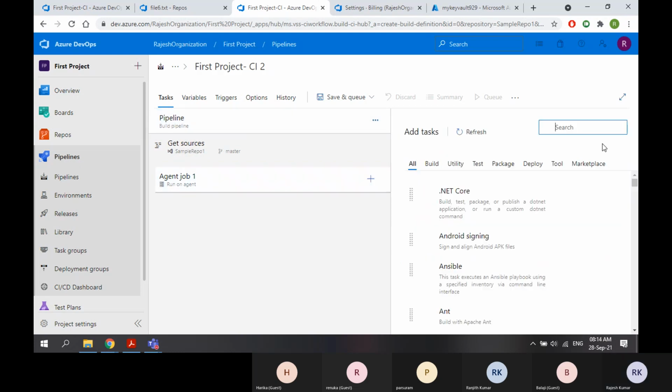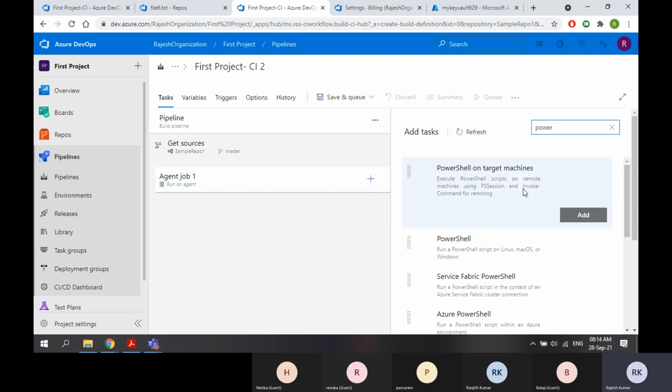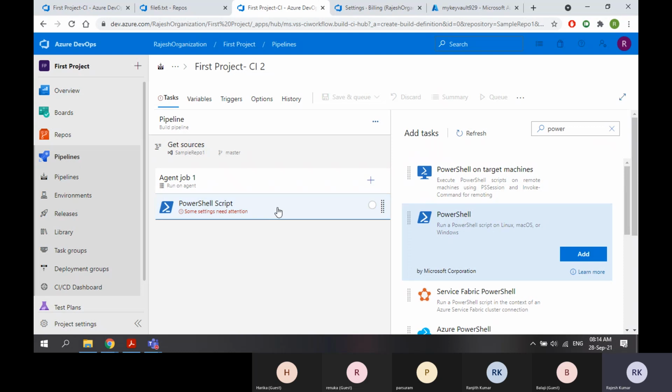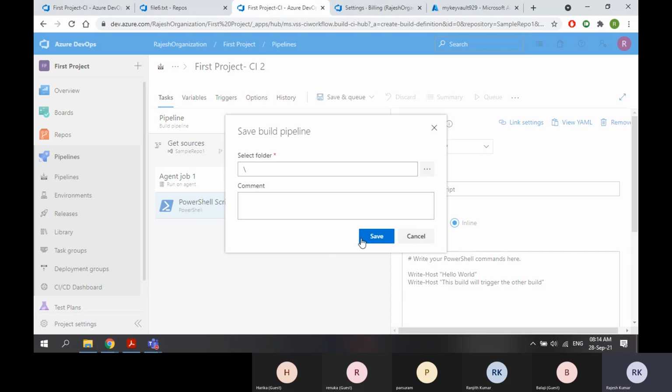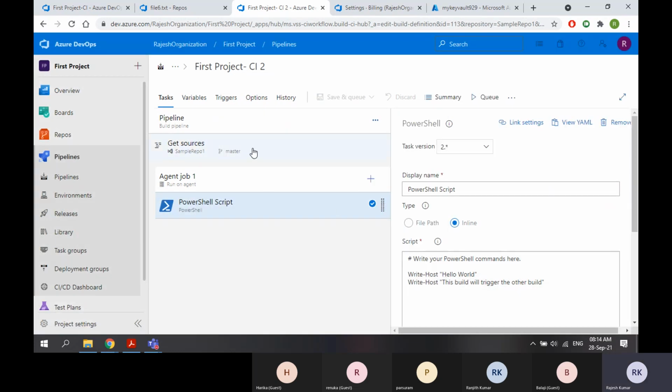I will add a PowerShell sample task, and I will go for inline script. Why? Because there is no other file to select. This build will trigger the other build. Save. Just save only.